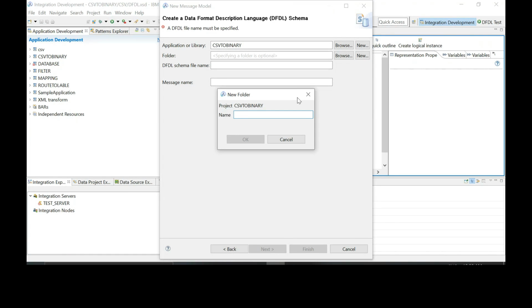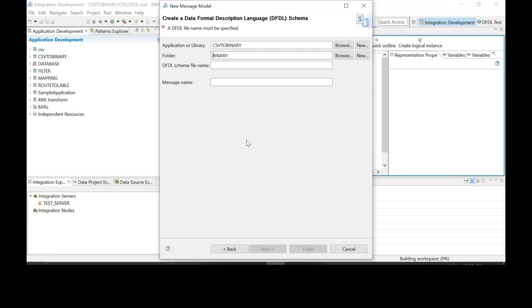It's up to you. You can use the blank folder as well, the default folder. Okay. I'm creating the new one. Provide a name for the schema file. Next.